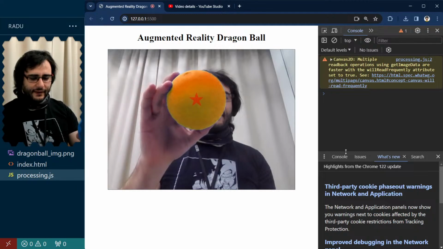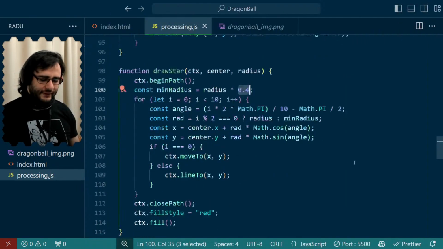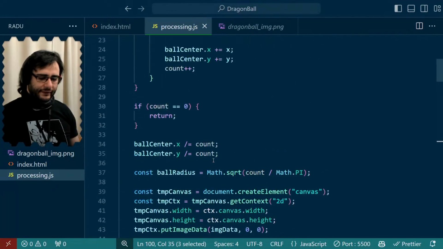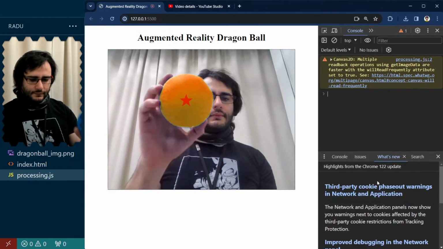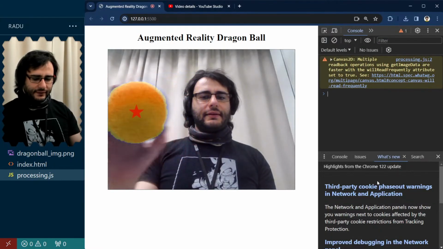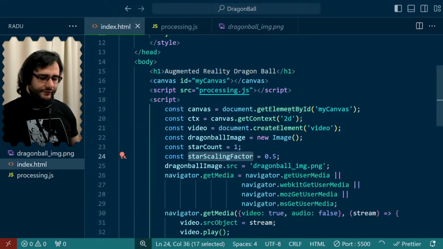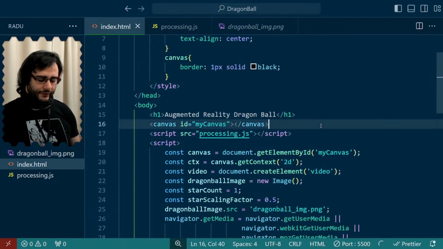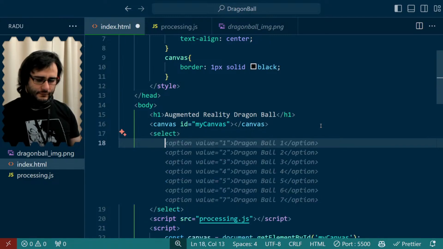This is fine, I think. And I want maybe the star to be more visible because now this alpha here is too much. Maybe 90. This is better now. And let's try again with the others. Let's have an interface for it. So we can put here a select and then